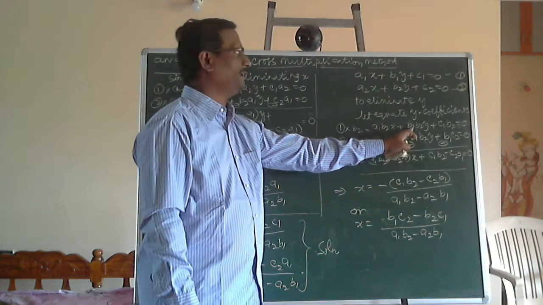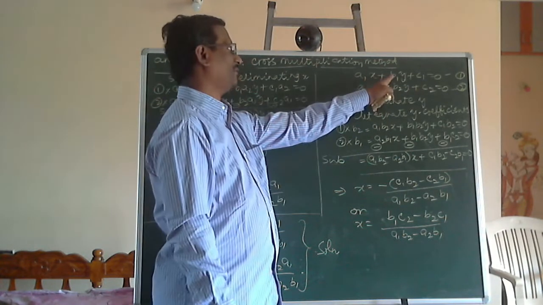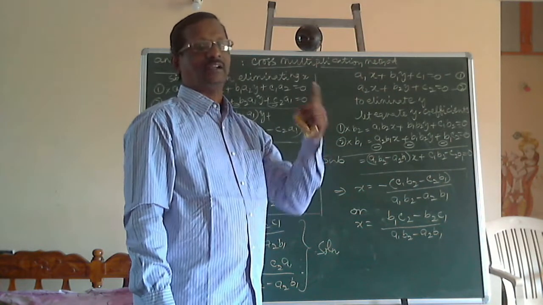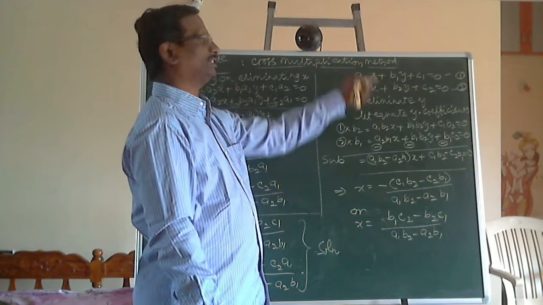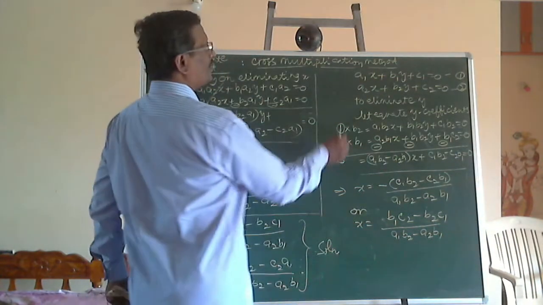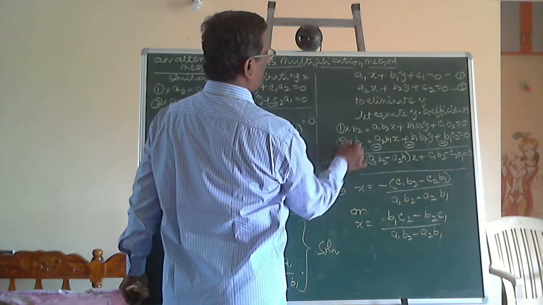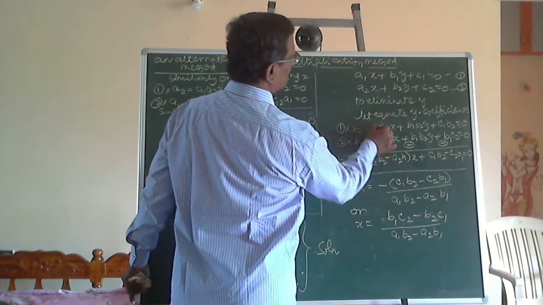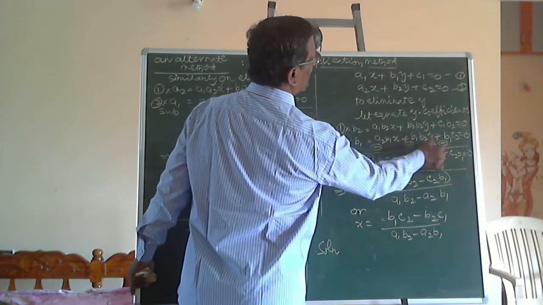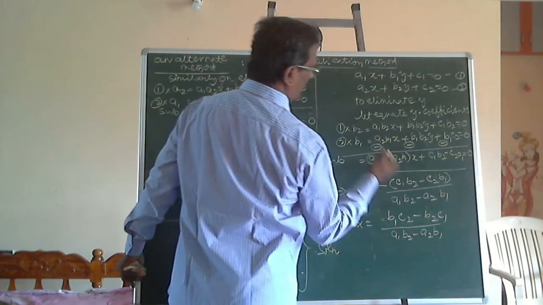To eliminate y in the first and second equations, the y coefficients are not equal. They are b1 and b2. We have to equate the y coefficients and then subtract so that y is eliminated. For that, equation 1 is multiplied by b2 and equation 2 is multiplied by b1, and I got this. Since it is a subtraction, change the sign and then add. After changing the sign and adding, this becomes subtraction.